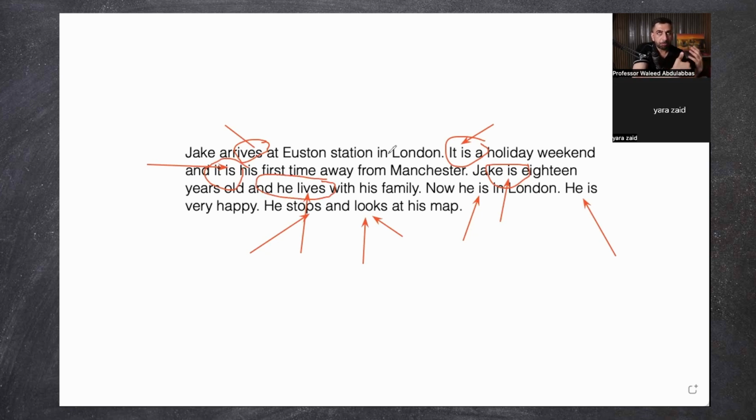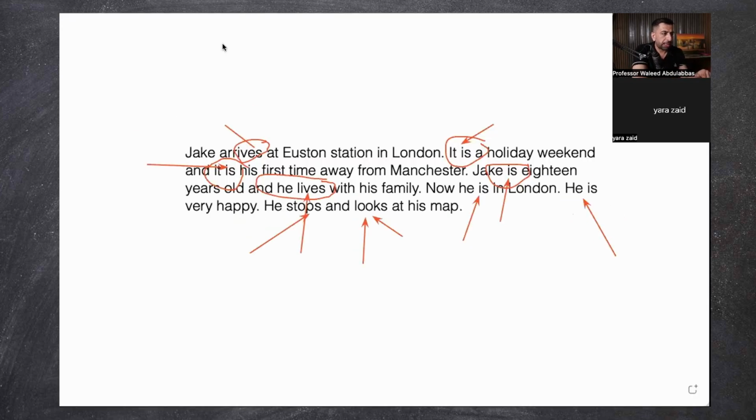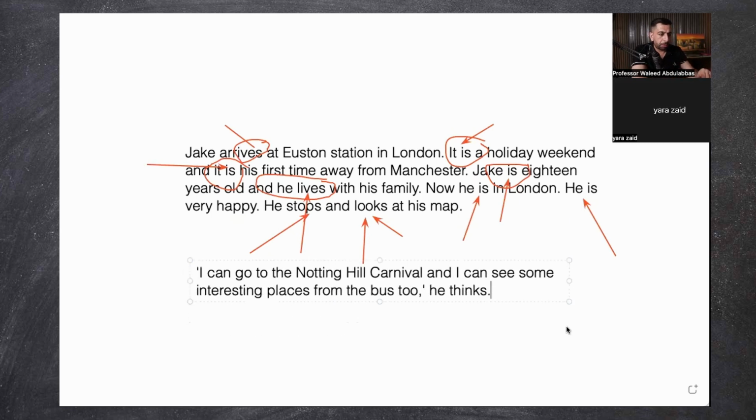At the beginning of our conversation in English, we just need to focus more on present simple. We don't need to rely heavily on other tenses that confuse the person. So present simple is very important